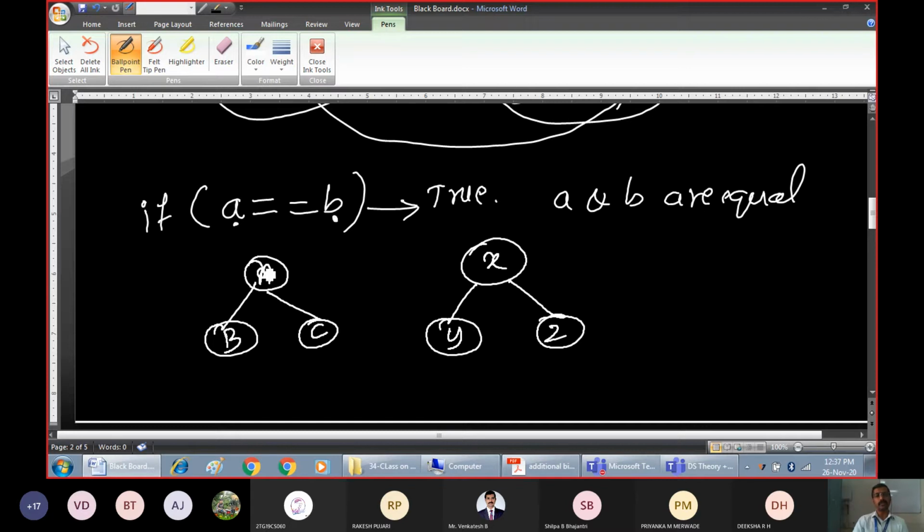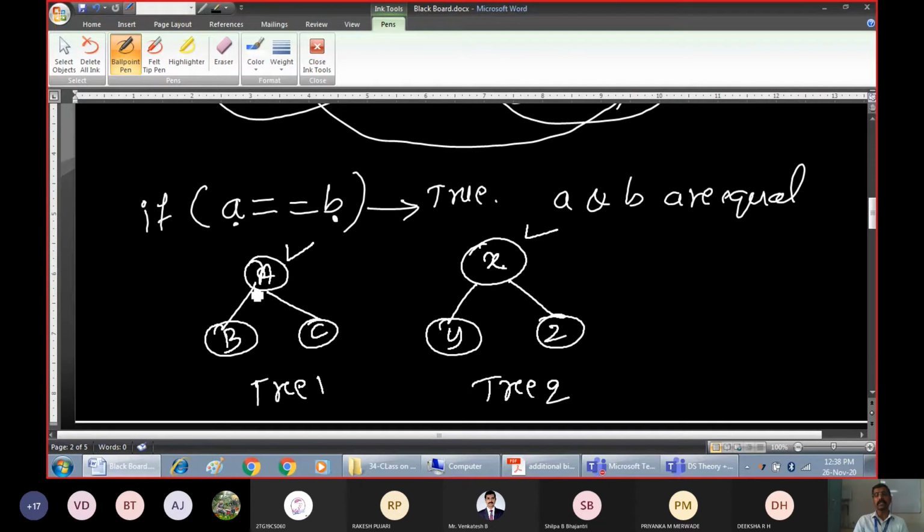Why? Because the root node of tree 1 is A, and the root node of tree 2 is X. You compare the root node of the first tree with the root node of the second tree. When this condition itself is failing, we say that they are not equal.